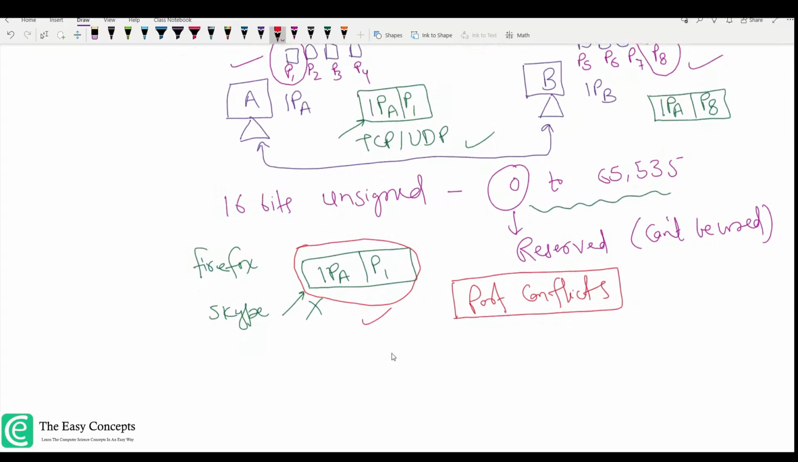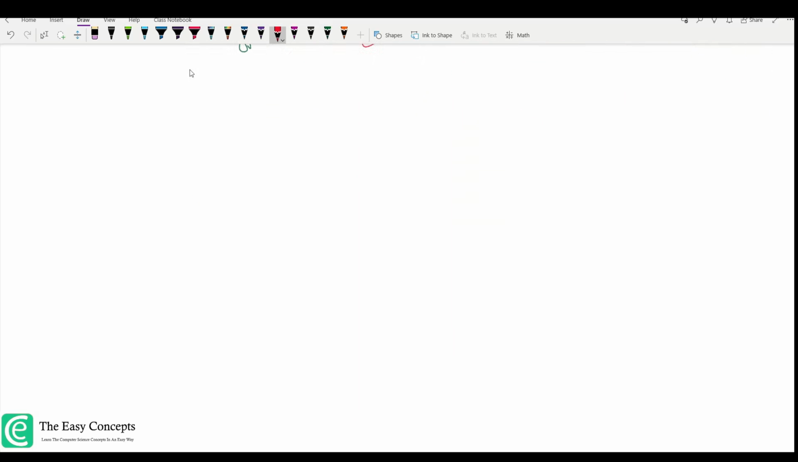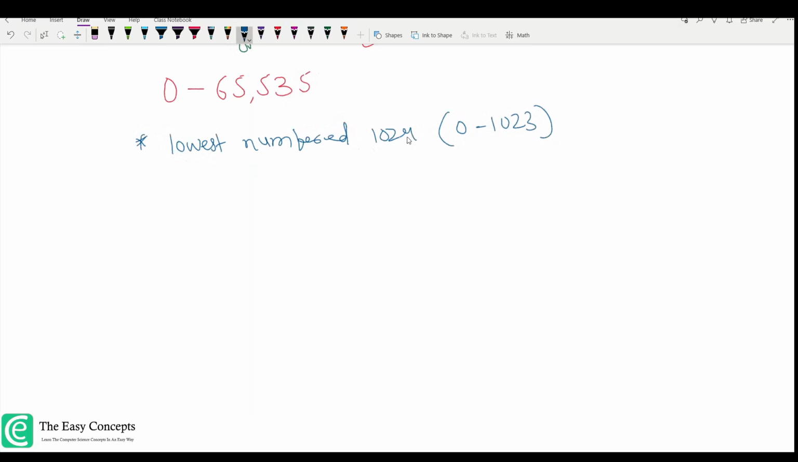Now let's discuss port numbers more. So we have talked about it that port numbers can range from 0 to 65,535. The lowest numbered 1024 ports, which range from 0 to 1023, identify the most commonly used services and these ports are called well-known ports. Higher number ports, which are port numbers other than these, are available for general use by applications and are known as ephemeral